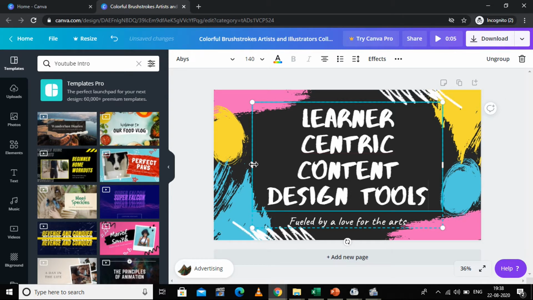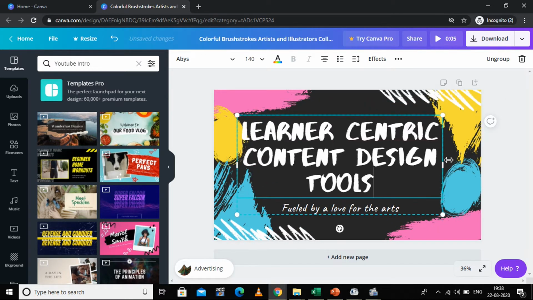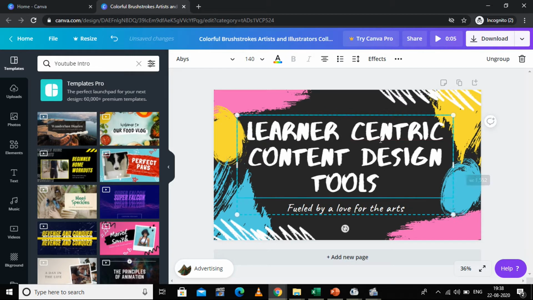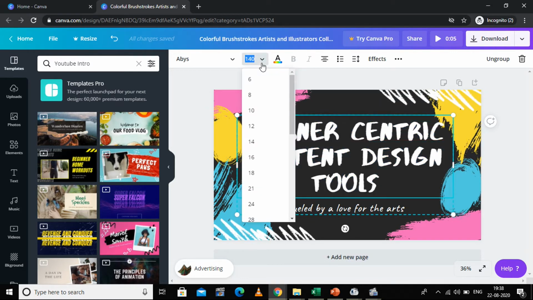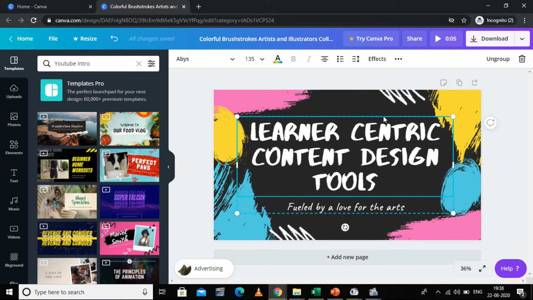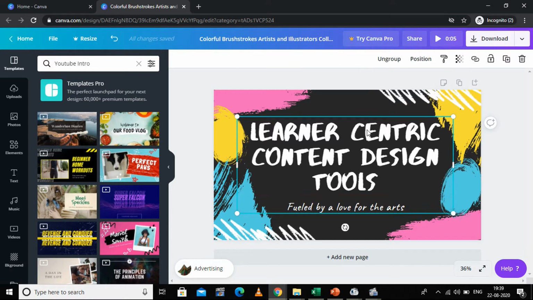Fine. You can stretch it like this if you want to stretch it, and if you want to reduce the size a little bit, you can have here 135. I guess if I select, it will be a little bit okay, it's fine.